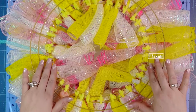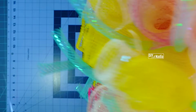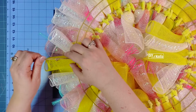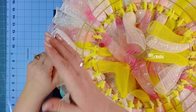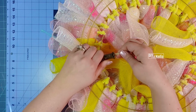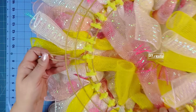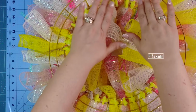Since we're still in the back, let's do a hanging loop. I'm going to see where the top of my wreath is. Grab a piece of jute cord, and I'm going to do a few knots, making sure my knot does not go outside of the wreath. I like to keep it about an inch in. That looks good to me. Cut off the excess tail, pull it through to the front. I usually like to attach my hanging loop in the center row, either 2, 3, and then on the outside